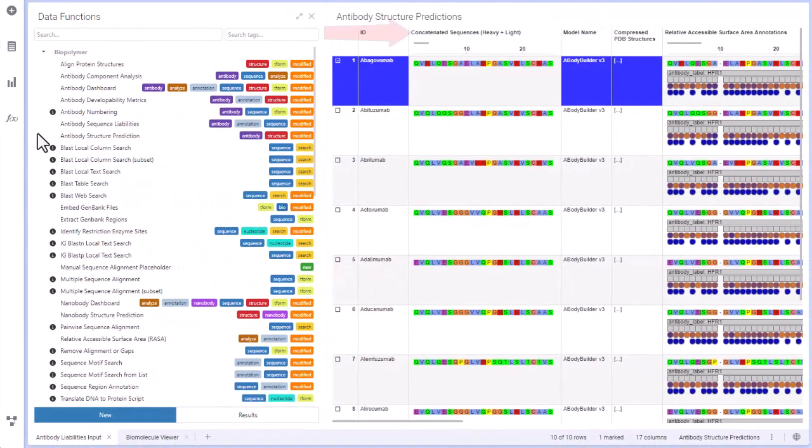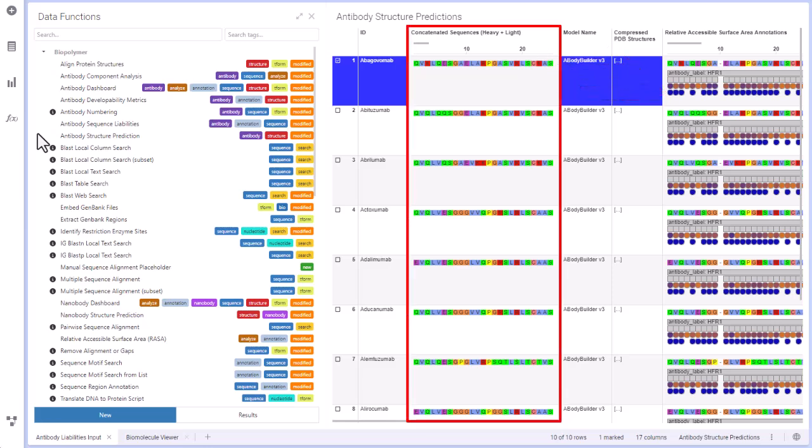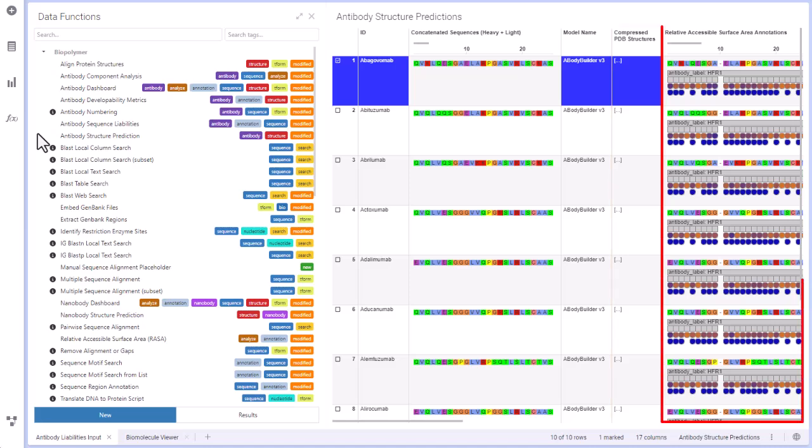The minimum input needed is an antibody sequence, but if structural information is available, the data function will only consider residues that are solvent exposed. In this example, I have 10 antibody sequences for which structures have been predicted with the antibody structure prediction data function. The relative accessible surface area data function has also been run on the predicted structures to provide information about